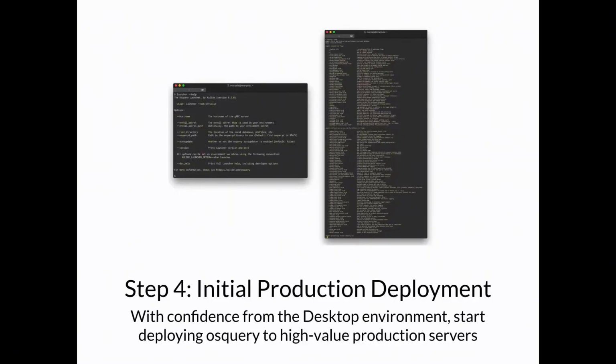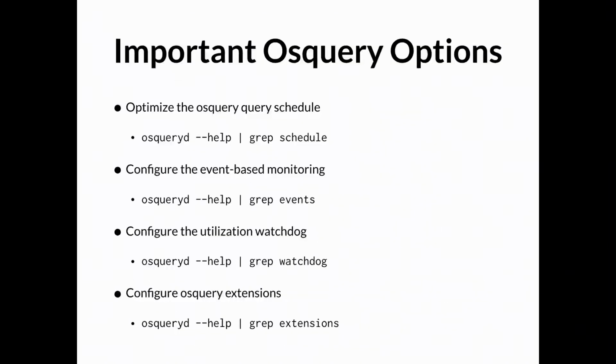So on the right is osqueryd --help. And those are all the options. And on the left is launcher --help. So hopefully you're using Launcher at this point, and there's a lot less to reason about. But when you start deploying to production, it's worth running osqueryd --help and just getting an understanding of what the options are that are available to you to tune this production deployment. So some of the important options that you should probably keep in mind are